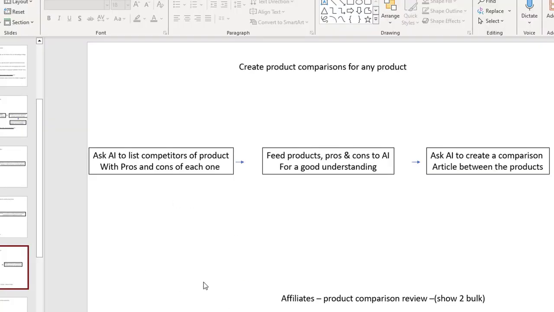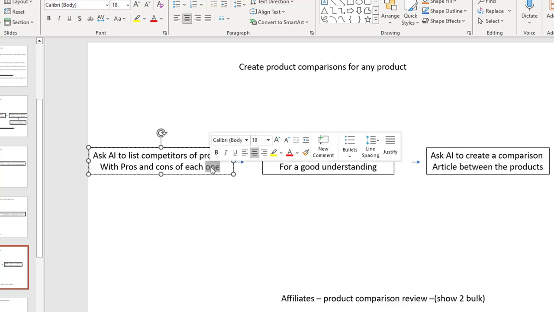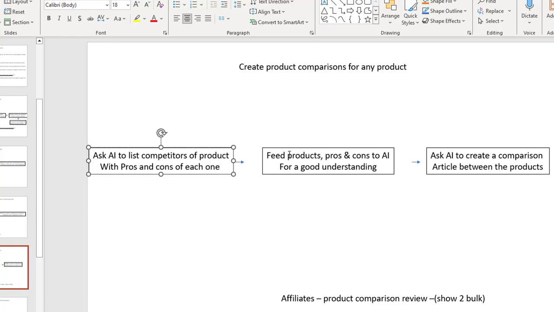So anyway, the next strategy that I want to show you is how to create product comparisons for any product. Okay, so ask the AI to list competitors of a product with the pros and cons of each one, but you need to ask an AI that's able to do this. So for this, I like to use things like Google Bard, and the reason behind it is because it's good for facts and up-to-date information, and even trends, and it's really good for keyword research as well. So I like to use Bard for that, and then we're going to feed the data that we get from Bard to another AI engine,